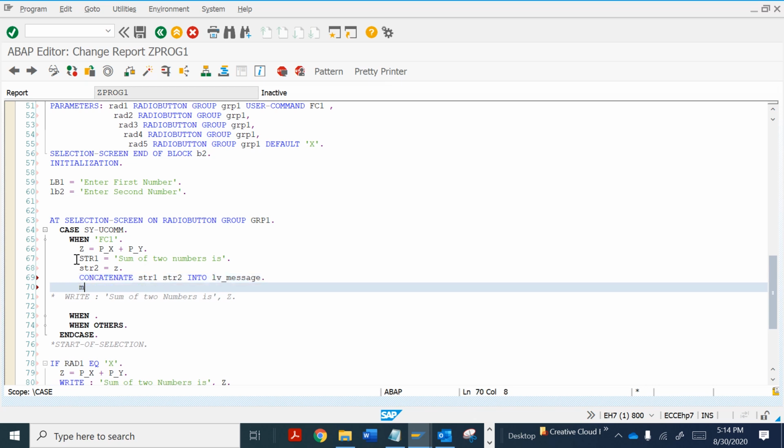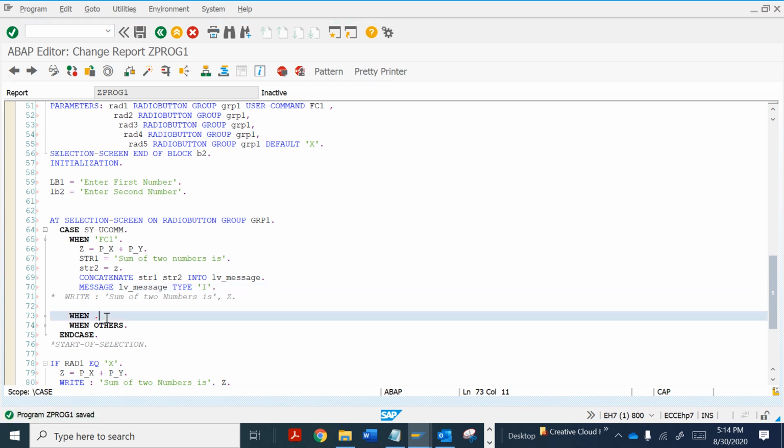And then I want to display that message, LV message, as an information message. So let's check. I don't want to do all the other operations, so let's check this operation first.